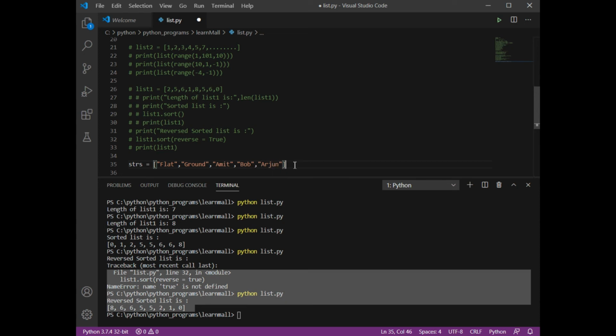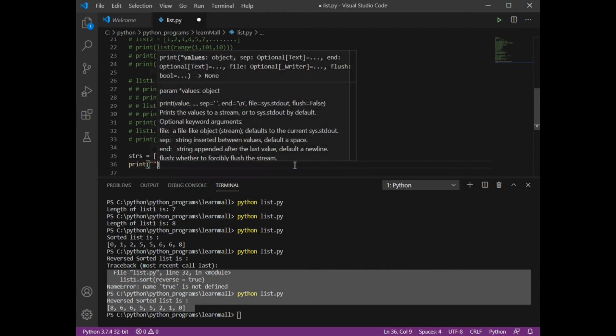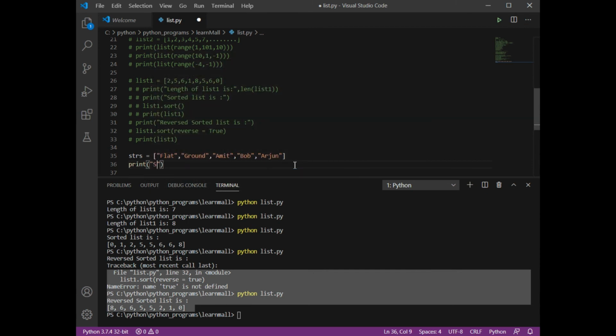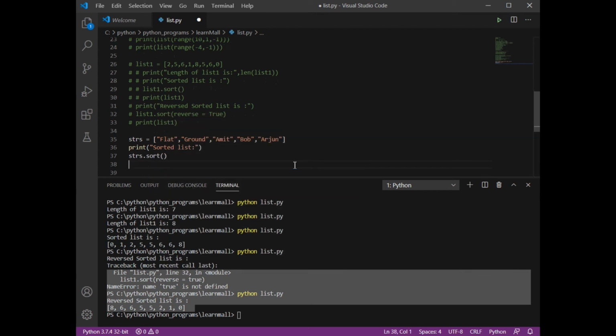Now I'm going to print "sorted list of strings", and here I'm going to write the list name, I have given the name as strs, dot sort.